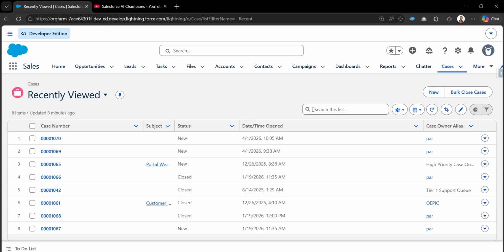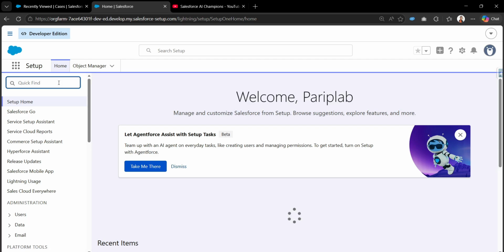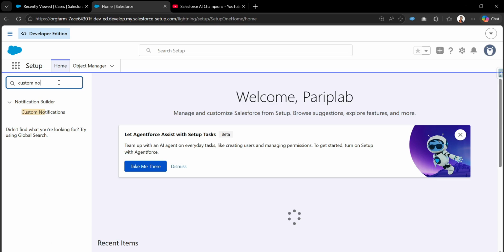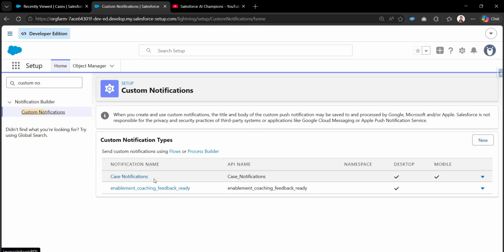To create the custom notifications, we need to first create a custom notification type. So we are going to create that. I'll go to Setup, and from the Quick Find, we simply search for custom notifications, and under the Notification Builder section we can find Custom Notifications. I have already created a few custom notifications, and I'm going to create a new custom notification type,